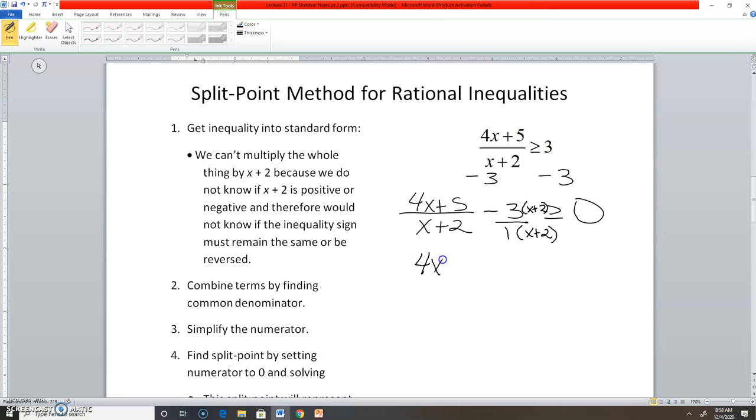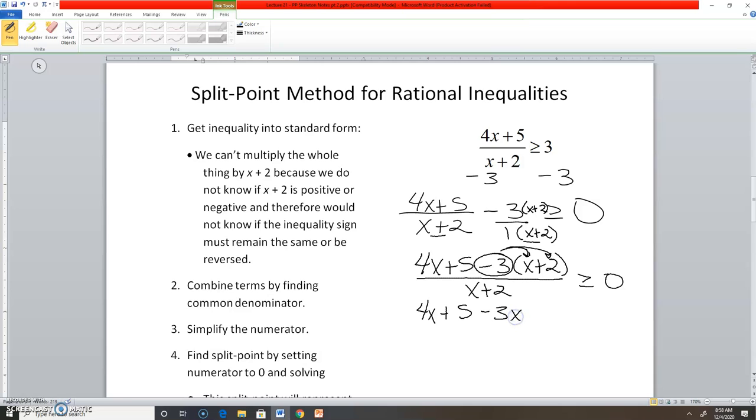So I end up with a 4x plus 5 on top minus 3 times x plus 2. And then we have the x plus 2 on the bottom, so our common denominator is the x plus 2, greater than or equal to 0. Okay? A lot of you guys are going to forget to distribute the negative 3. You'll distribute the 3, but you'll forget that it's negative, so make sure you distribute a negative 3 into everything here. Gives me a 4x plus 5 minus 3x minus 6 over x plus 2 greater than or equal to